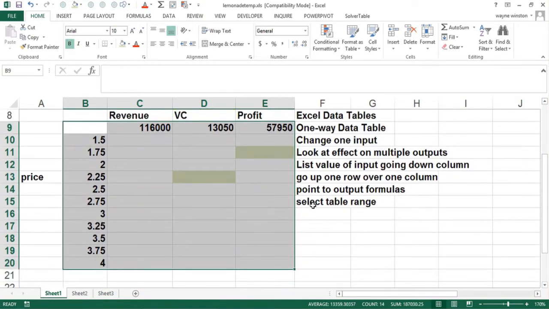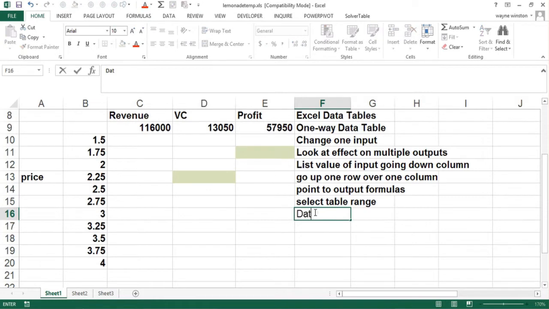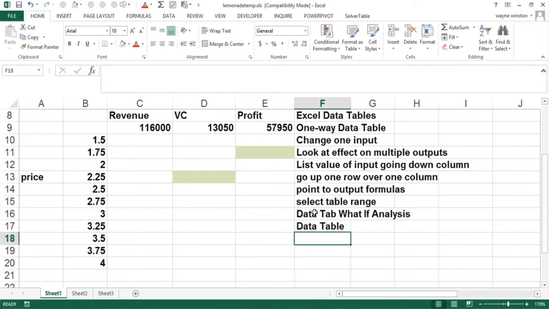Okay. And so then we're going to do from the data tab, what if analysis, and we'll select data table. We'll cover the other things there, goal seek and scenario manager, shortly. Okay, and then in a one-way table, you'll see a box for row and column input cell. There's no row input cell. We'll get to the row input cell later. But the column input cell